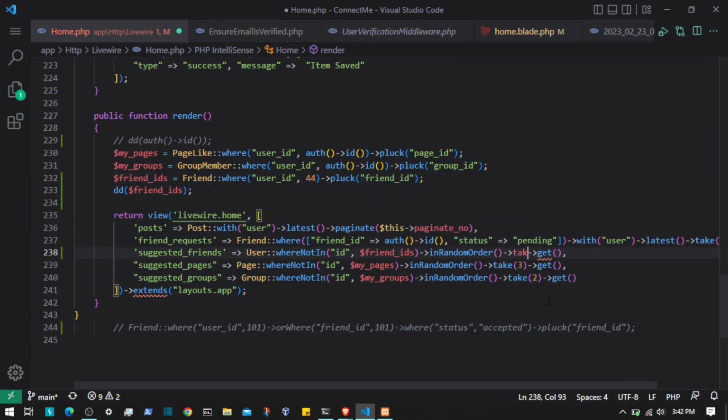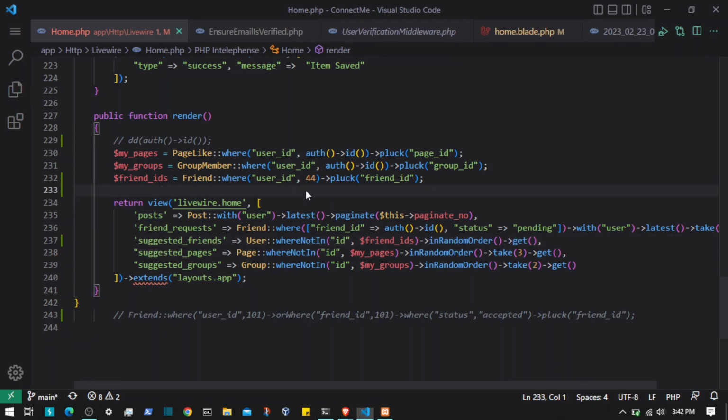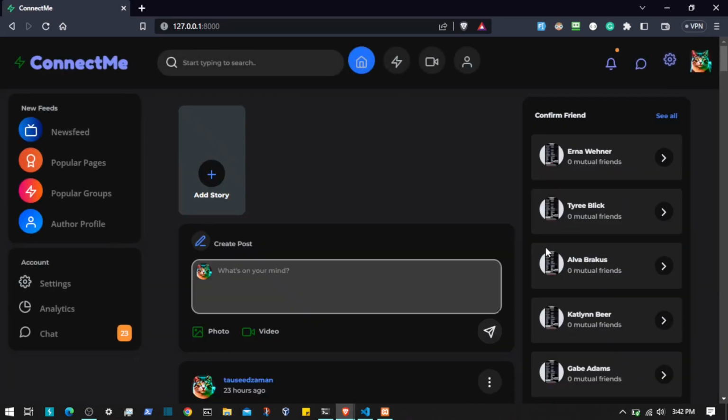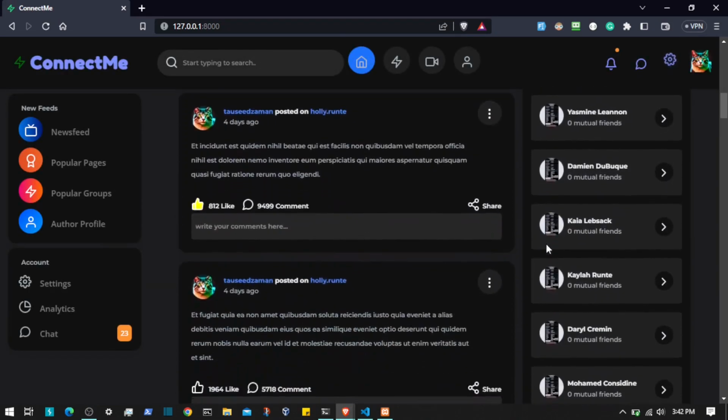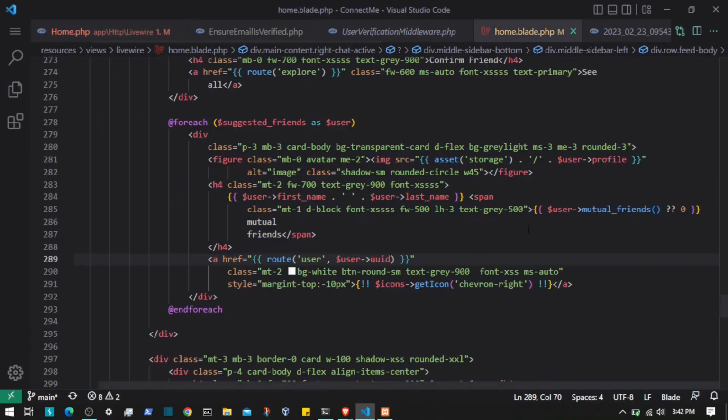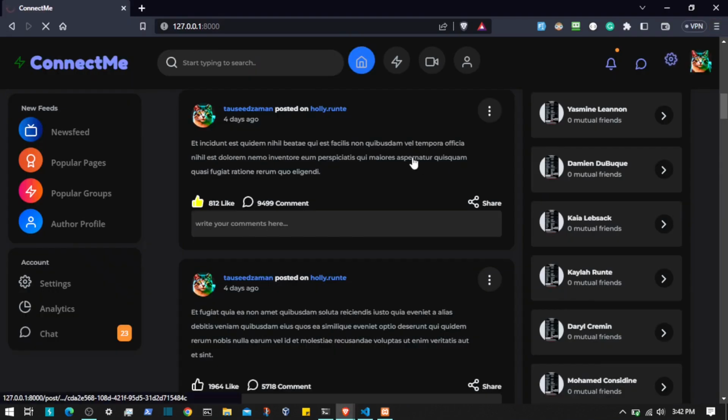If I return all of them, what's gonna happen? I'm gonna remove the dd. All of this is just to test the functionality of a mutual friend request. Still zero. Do we have anything in the home? We can do one thing. If I dd, if I save this way,